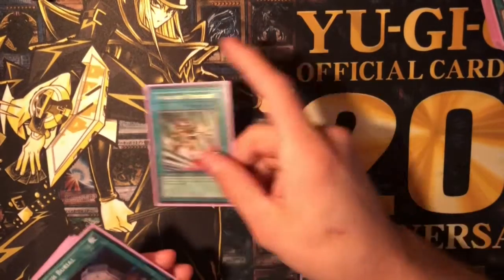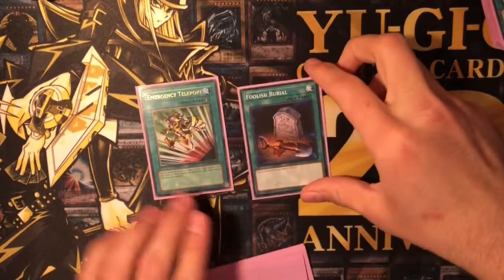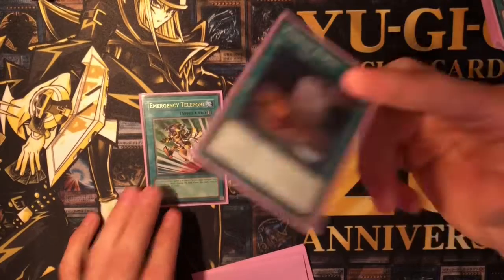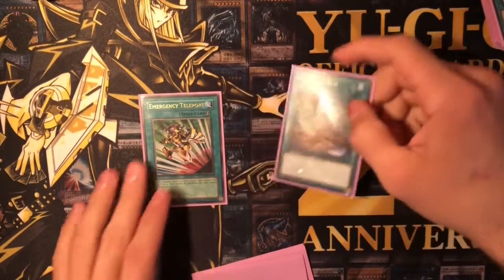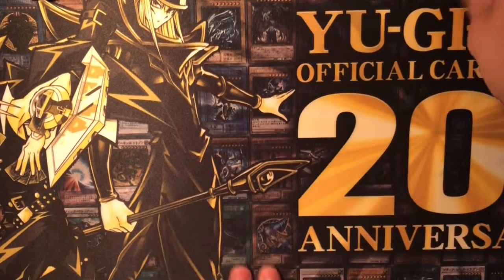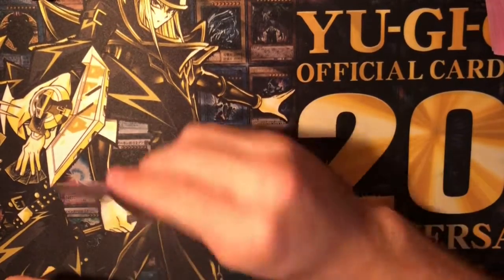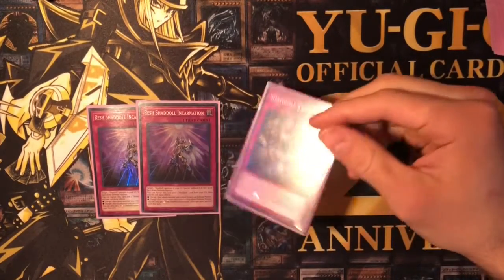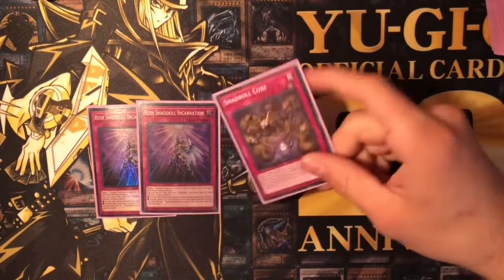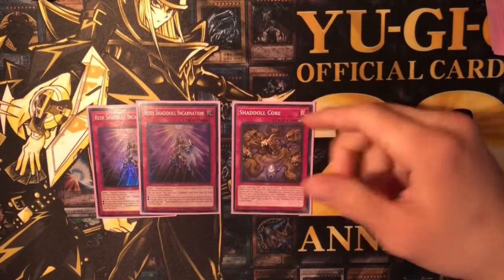So pretty standard there. Like I said, E-Telly to get you your Wendy, or potentially Ghost Ogre. We'll see if I can find a playset of those. And then Foolish Burial, because if you play Mathematician, you probably play Foolish Burial. And then my traps, I got the Shaddoll core, just as a